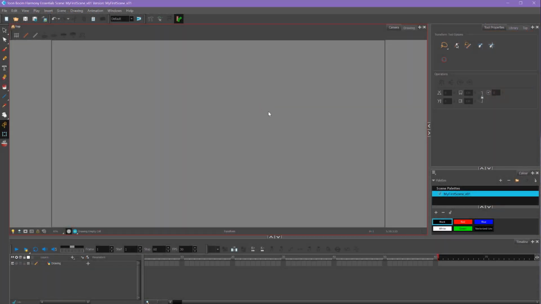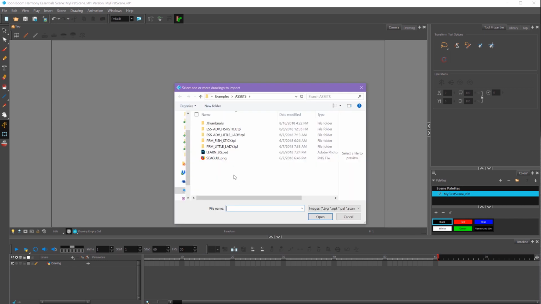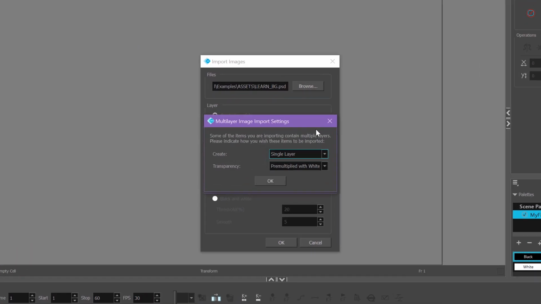To import this Photoshop file, we're going to go up to File, Import, and Images. Or you could select this button up here called Import Images. And then a window will pop up where we can import our image. We're going to click Browse and navigate to where our background image is, select it, and click Open. We also want to import it as a layer based on the file name, so we'll just leave this section as it is. And we have the option to vectorize our image, but we're not going to do that for this example. So we'll click OK, and a menu will pop up saying some of the items you are importing